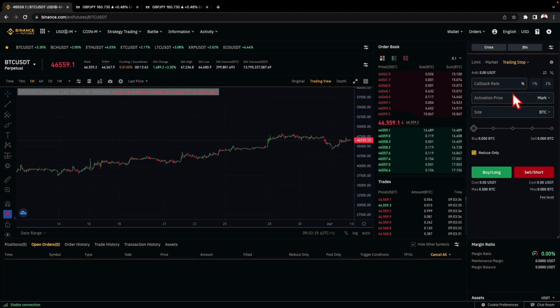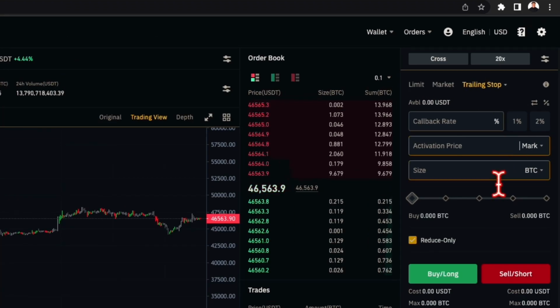So if I'm using a trailing stop, for example, it will keep going my way except if it pulls down below a certain percentage. So if I say the market should go up and the market is going up, but if the market pulls below 2%, it will end the position for me. It's a way to minimize your loss. So this is the price at which it will start, and this is the amount you are buying, and this is the percentage you want.